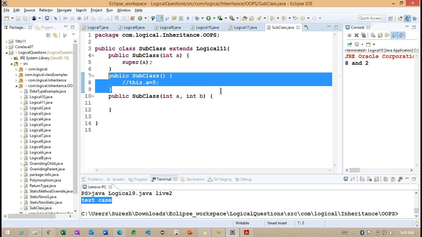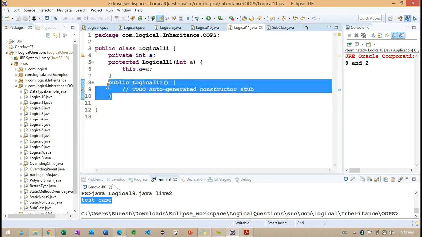Right, so we already identified that whenever we call this default constructor, the superclass constructor takes high priority first, and later it goes back to the subclass constructor. Because of this, internally we don't have the default constructor in the superclass, so we are getting an error here. Getting the point? We need to understand this constructor-related information a little bit carefully.